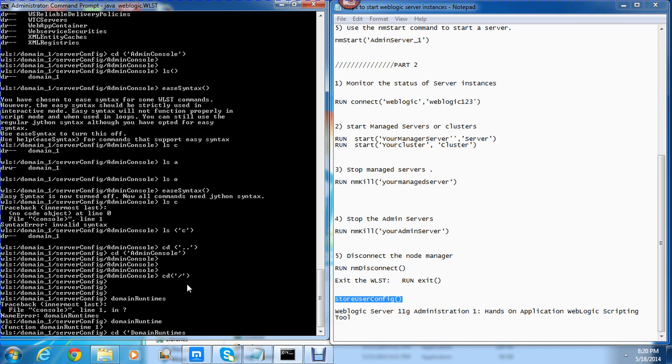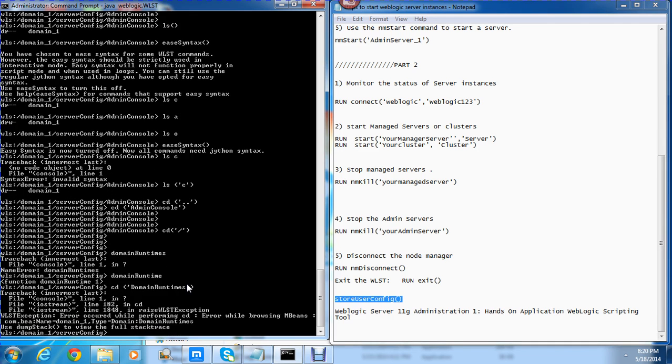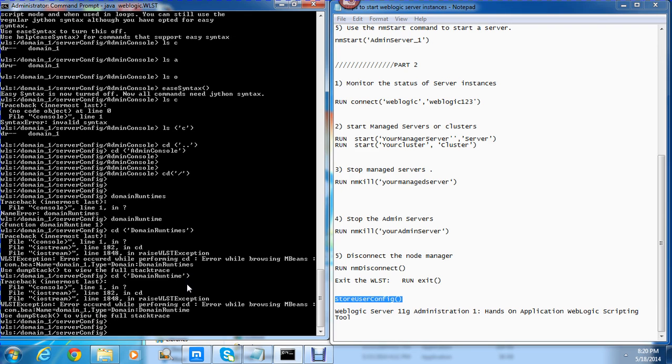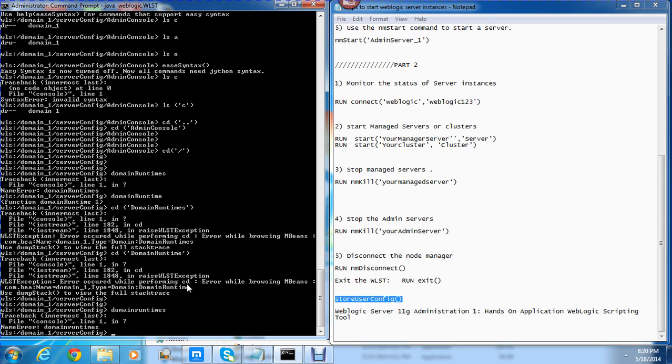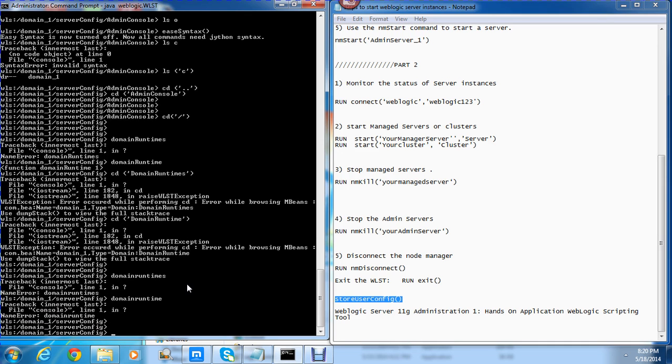Domain runtime. Give me 1 second. I'm trying to think, because I think I am... domain runtime. Okay, so it's not letting me do it. So what I'm gonna do is I'm just gonna go to the server config, and then I'm gonna run